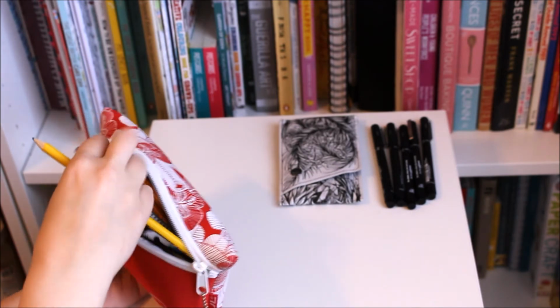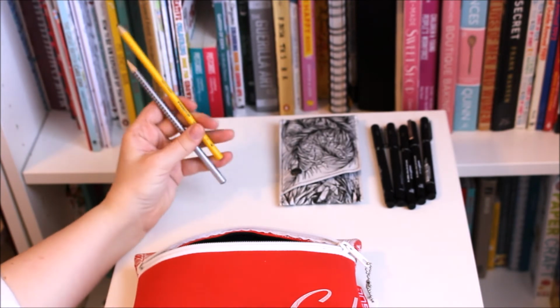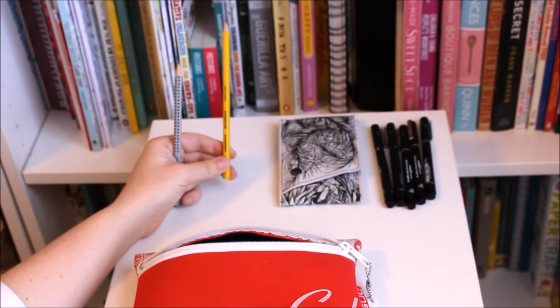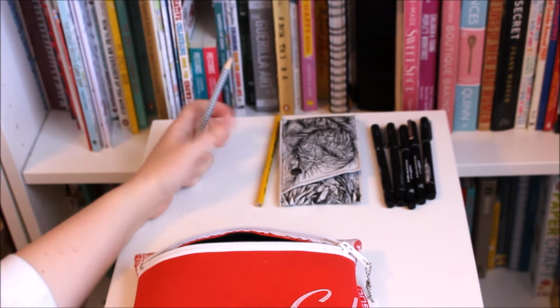Then of course I have standard pencils. So my Staedtler one tends to be a little bit lighter, but it's quite chunky. So if I'm doing stuff where I'm trying to shade in, that one's easier for that. Then I have